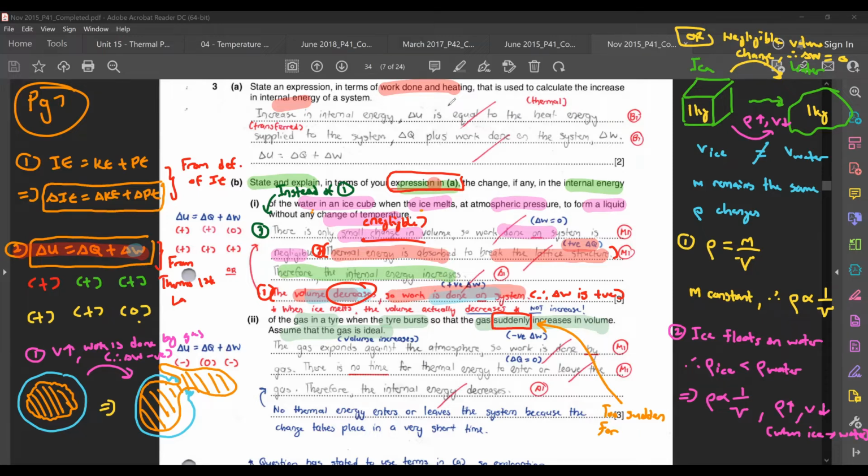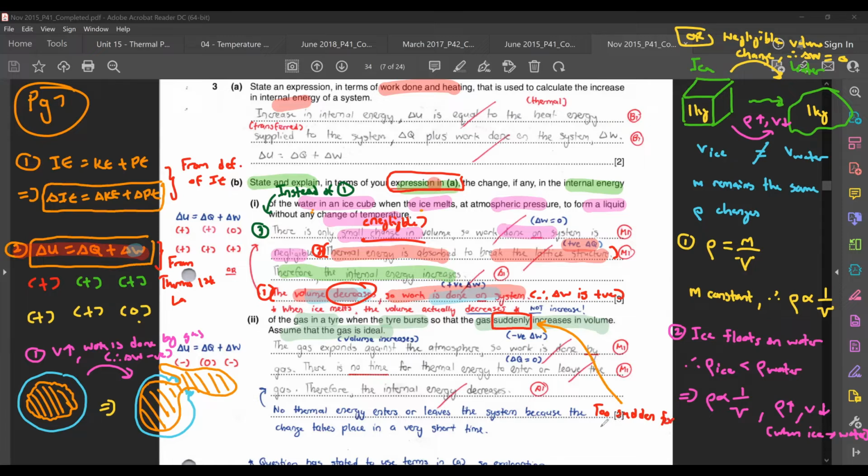Let me just erase this. Sorry. The keyword here, when they say it suddenly increases in volume, you can just take it as: too sudden